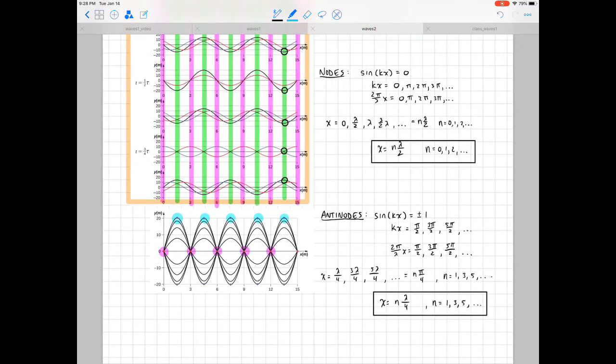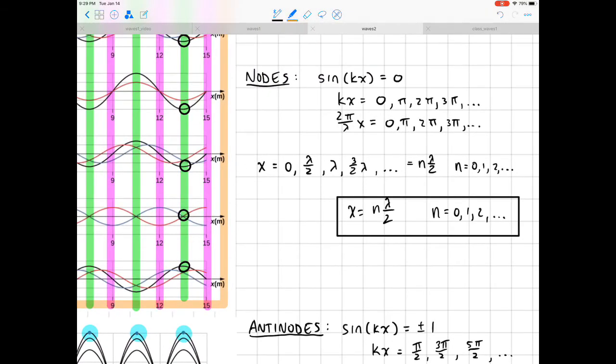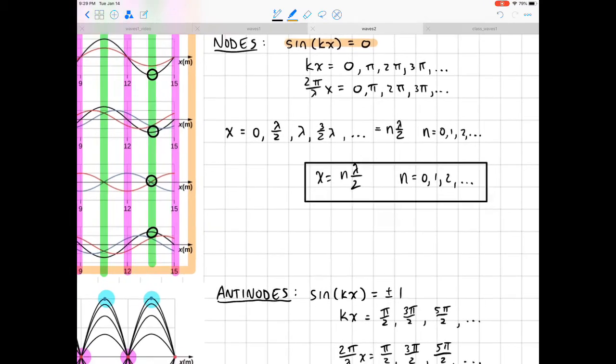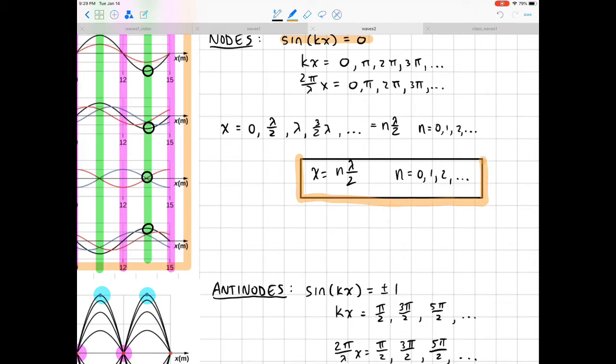Now, mathematically, we can identify the locations where the nodes and the antinodes are going to be just by using the property of the sine function. So nodes are going to be at locations where the sine of our argument, sine kx, has to equal 0, right? The output of the function is 0 for the nodes, and so that puts a constraint on what the values of x can be. And so the values for x for nodes are constrained to be integer multiples of half of the wavelength of the wave